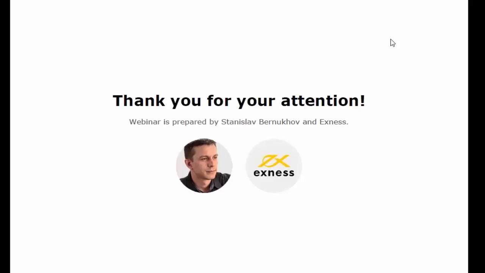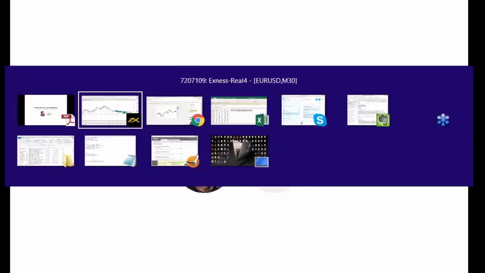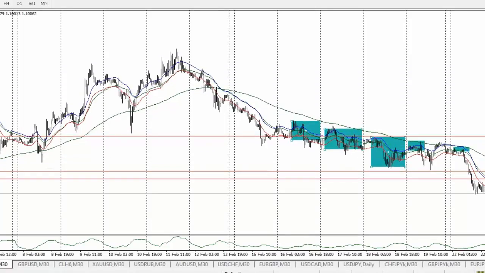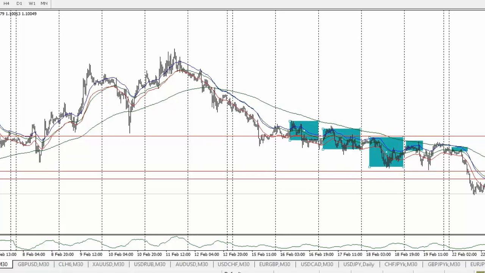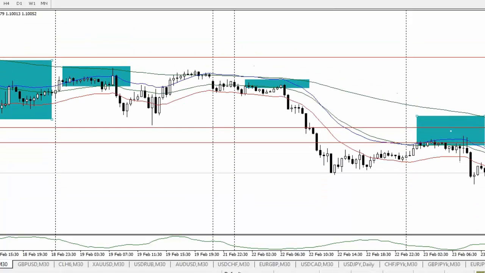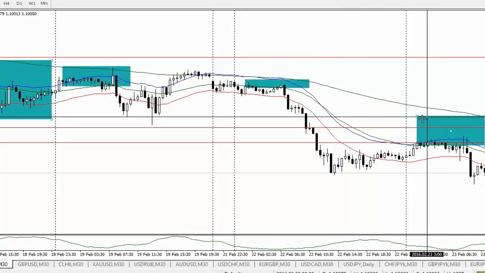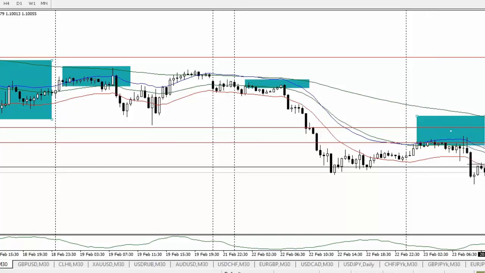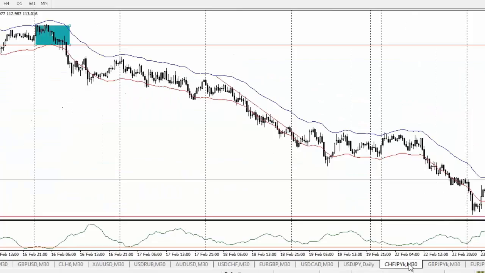Can I show something in the current market? Yes, let's try to. Well, I was showing you previously the situation with euro, right? Well, that's not for the present time. The setup occurred on European session after the Asian session. Now it's too late here. As for the current market,